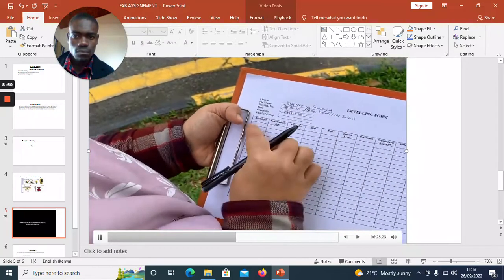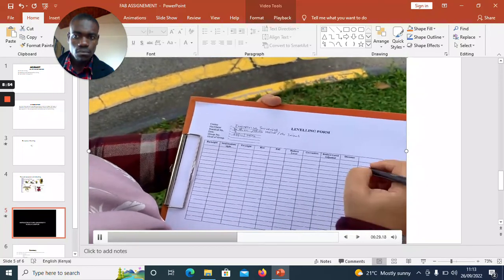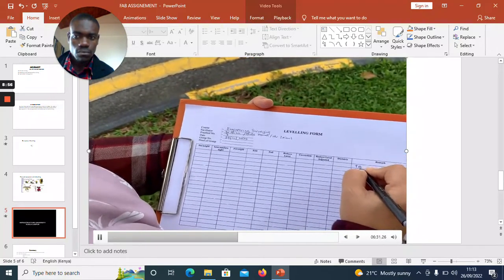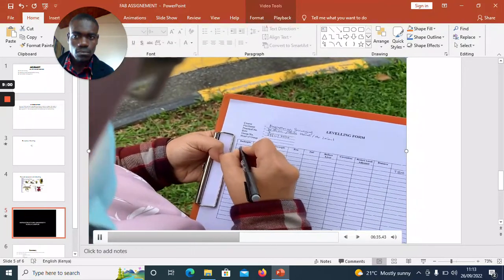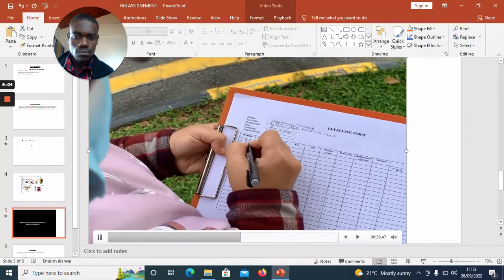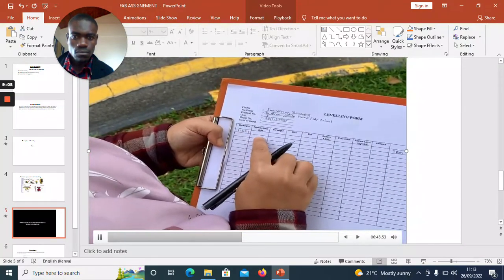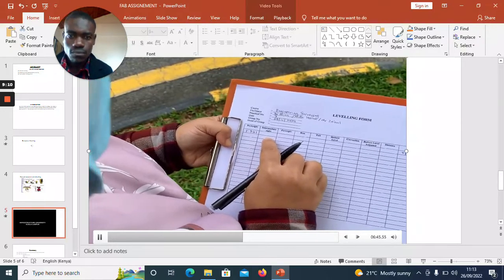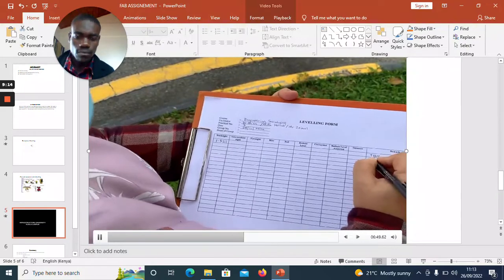So just now we have taken the backside reading on the TBM. So you write down TBM. Okay, and then you write down the backside reading that you have obtained. Okay, and after that, you have taken intermediate side at the fire hydrant and the curb. So you write down